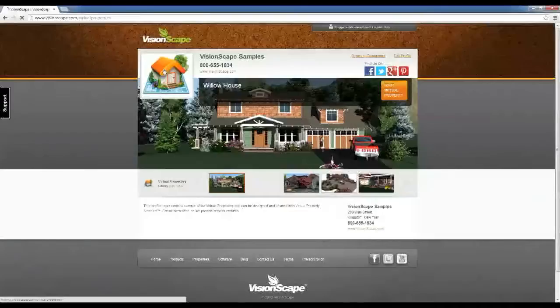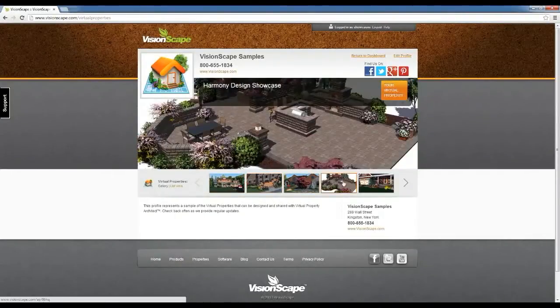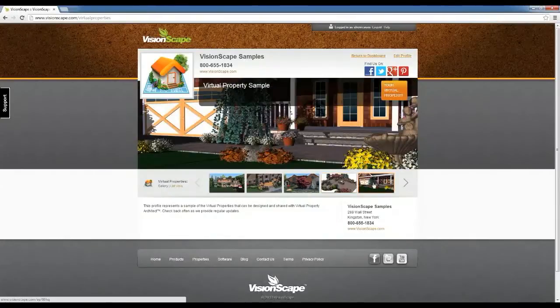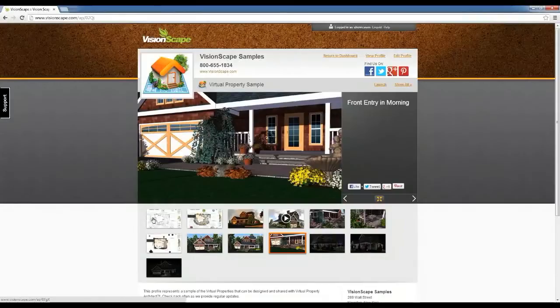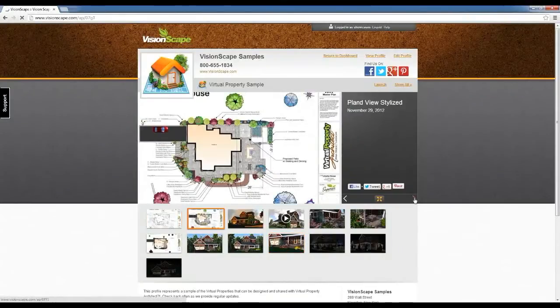I'm clicking on my little logo here, and it brings me to my profile on VisionScape. And these are the designs that I've elected to put in my public profile or my portfolio, so I can show customers that I'm trying to sell the kind of experience they're going to get working with my company. And they can pick a design that they like. They can come and view the plans, screenshots,